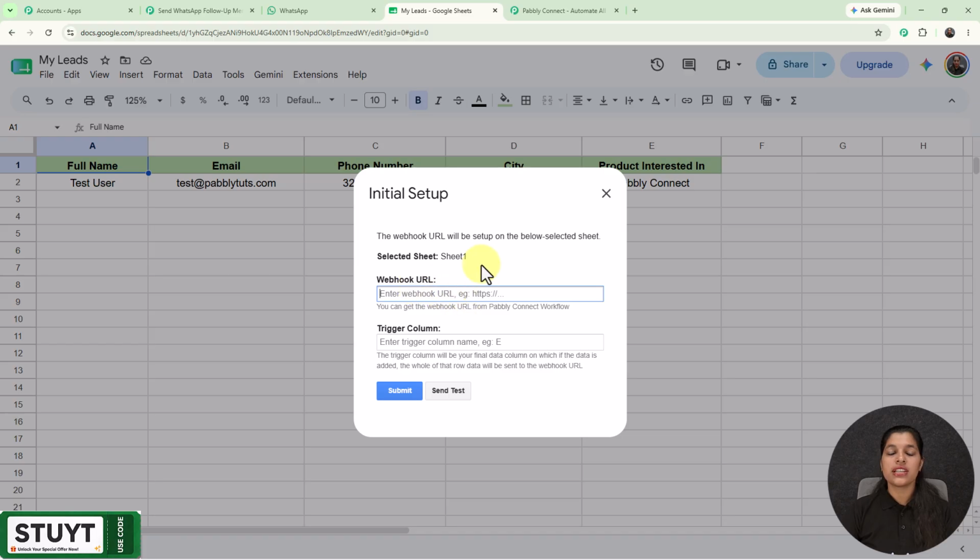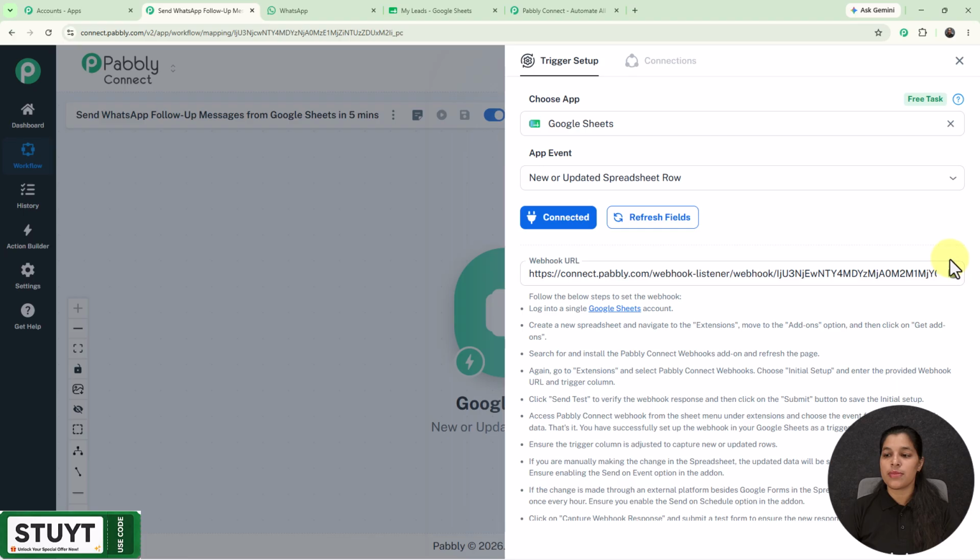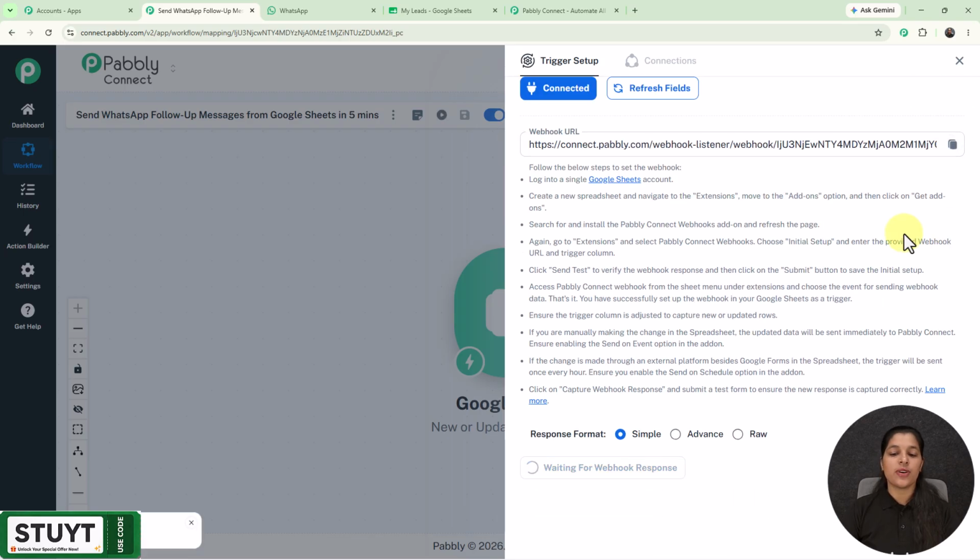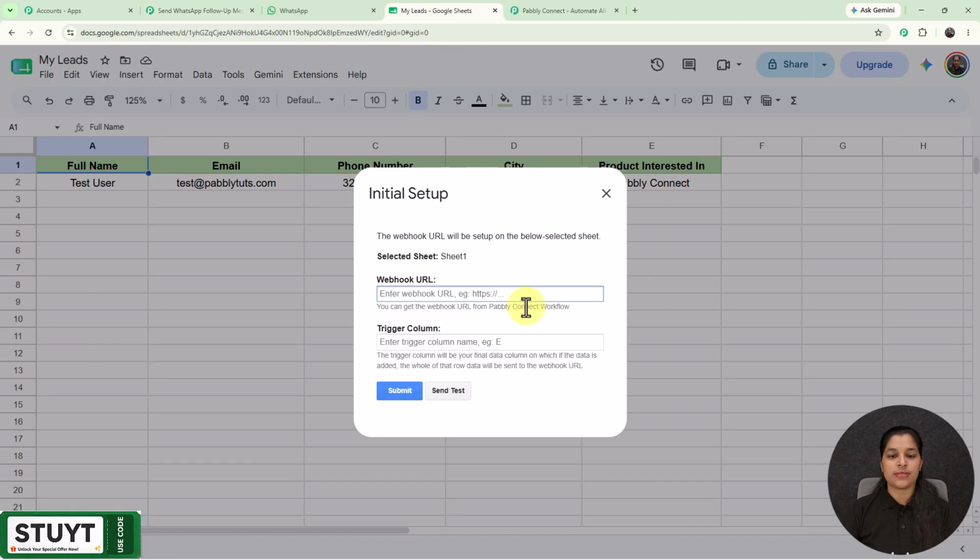And here we have to enter the webhook URL which we have just received from the Pabbly Connect. So now let's move on towards the Pabbly Connect and copy this webhook URL. And here you can see that the status is changed to waiting for webhook response. And now here I'm going to enter this webhook URL, and now it is asking me to enter the trigger